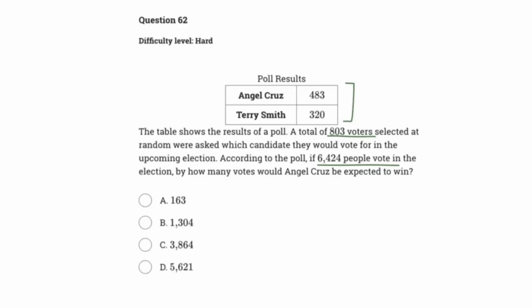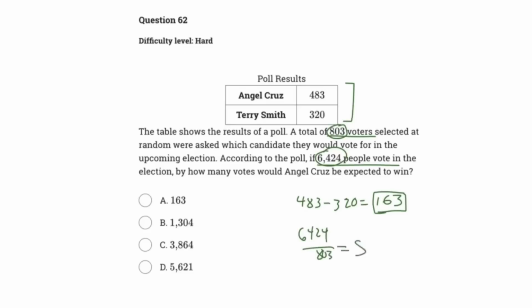Therefore, what we want to do here is find the actual difference that Angel Cruz wins by. So 483 subtracted by 320 gives us a value of 163 votes. So now that we have this number of 163, we can't just use this number because that's only of the 803 voters. We need to scale it up, right? And to find the scale factor, we can just apply the comparison between 803 and 6,424. So 6,424 over 803 should give us that scale factor, and that's going to be